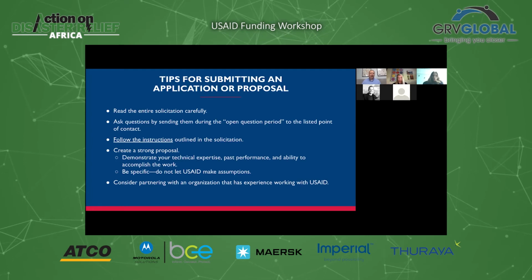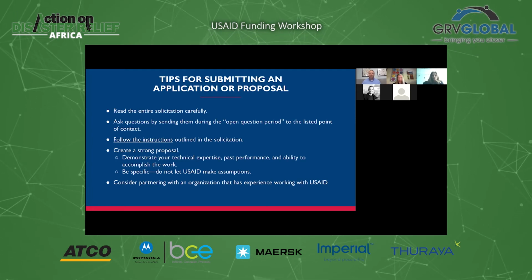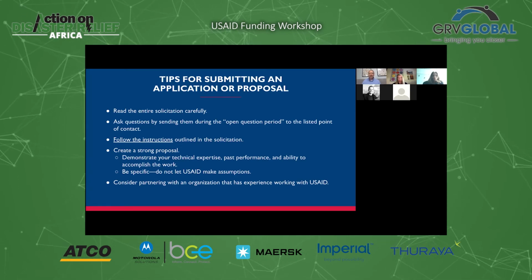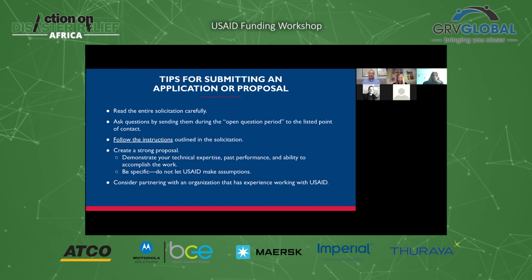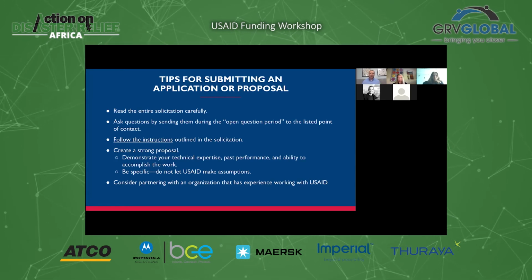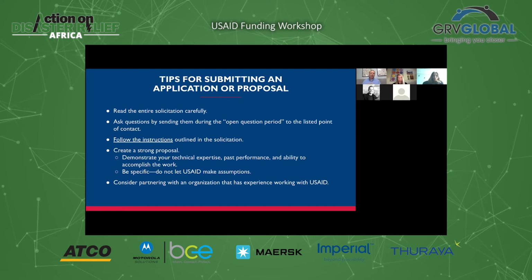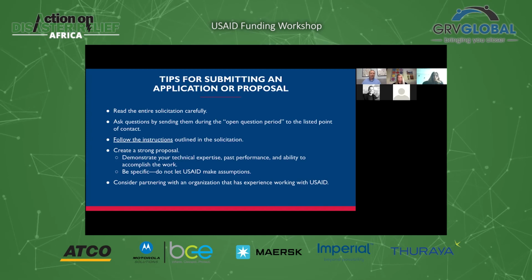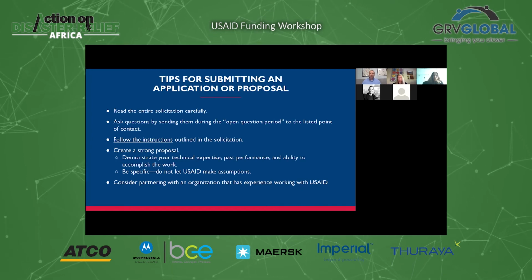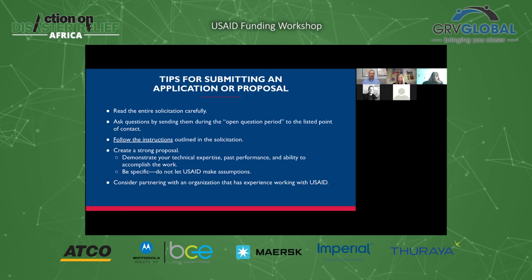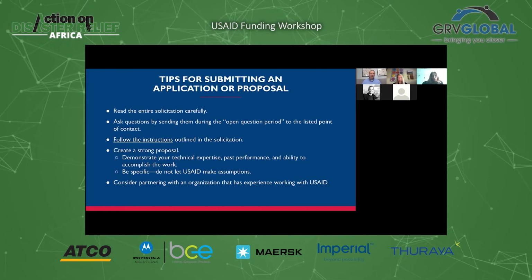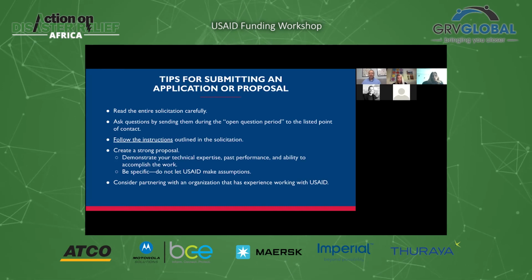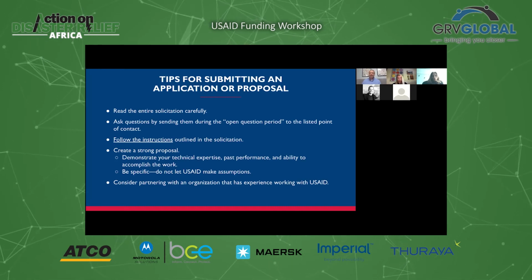We do have an annual progress report that lists our top 30 partners that we can share with you as well. But consider partnering with organizations that have experience working with USAID. Just like USAID is talking about diversifying its partner base, looking at new partners, working with more local partners, the organizations that work with USAID on a regular basis are thinking the same thing. How can they find new organizations to partner with? How can they bring in new groups to their work? How can they find more local partners? And so they are always interested in finding good organizations that they can partner with to work with USAID. So definitely consider taking a look at that.